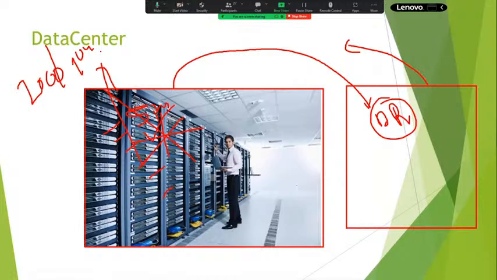Even though it collapsed, the US did not lose even a single record. Single record in the sense, whatever debits and credits were handled by the US, they haven't lost that related data. Why? Because they were already maintaining disaster recovery, another data center. Even though the World Trade Center was collapsed by terrorists, they haven't lost any data, only the physical building was damaged. That's it.